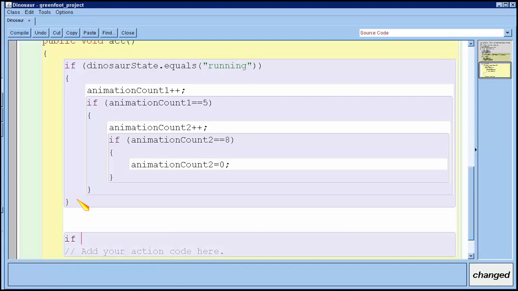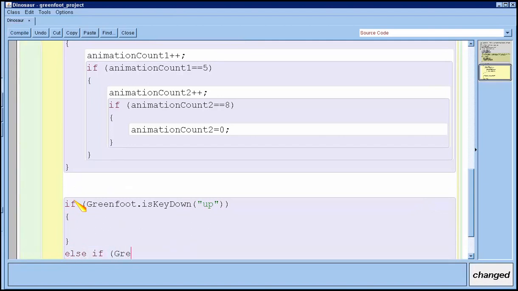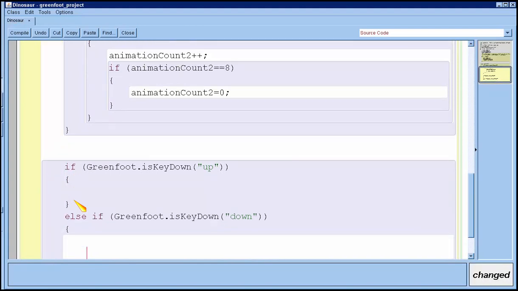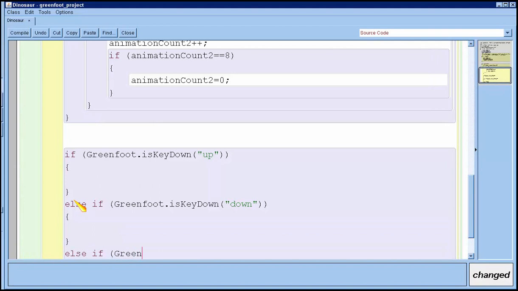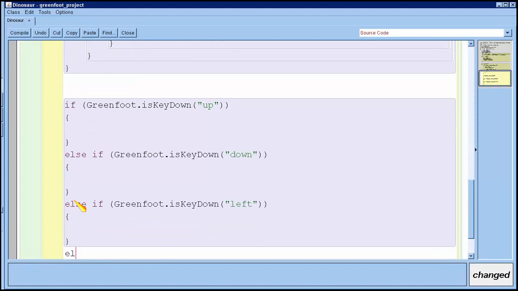So I'm going to make an if statement that says, okay, if greenfoot dot is key down, and then I put up, else if greenfoot dot is key down, else if greenfoot dot is key down left, and these are the arrow keys as you can probably guess, else if greenfoot dot is key down right,